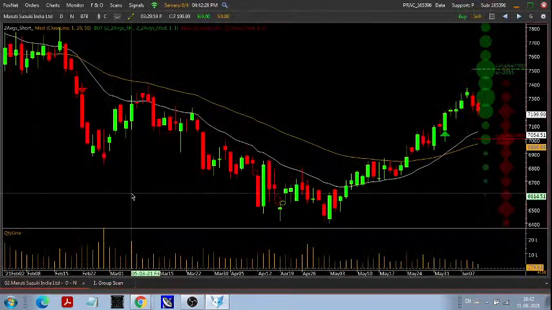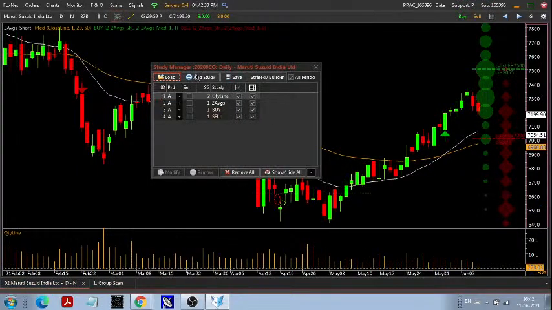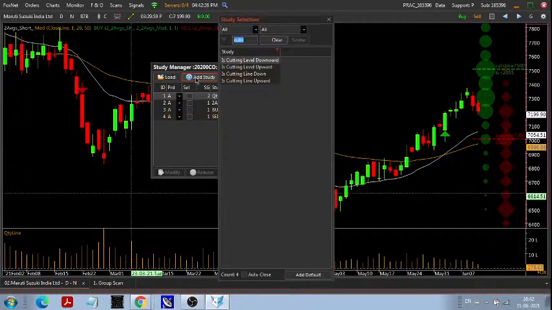Now, I was discussing merging some more conditions with this indicator. To do this, let's see. I am adding the RSI indicator. I will go to the study manager, then go to the study option and search for RSI.